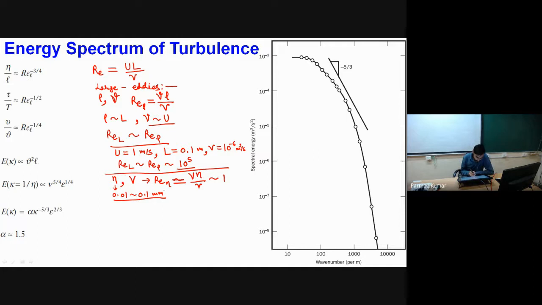But if we talk about small eddies, we actually have equal relative importance of inertia and viscous effect. So if we have equal relative importance of both the forces, it means whatever rotation we have will be dissipated by the viscous forces present in the small eddies. Okay, so whatever energy we supply to small eddies will do work against the viscous forces.